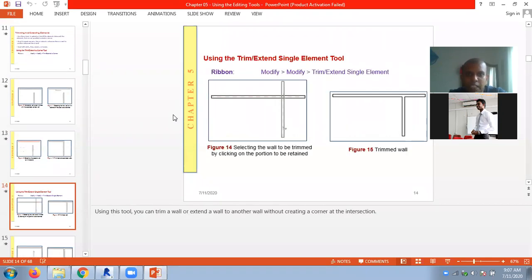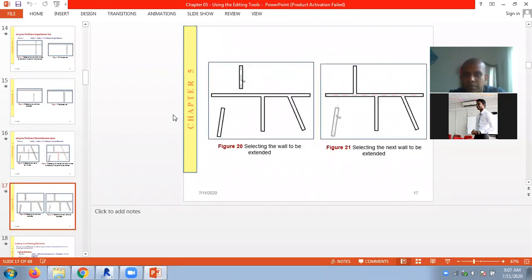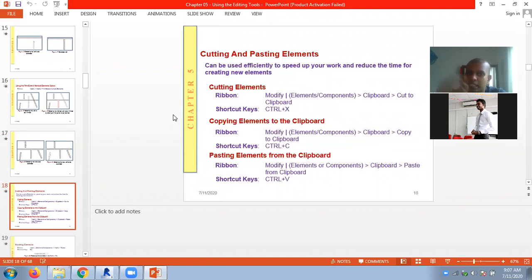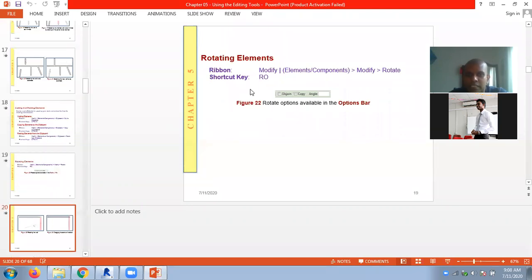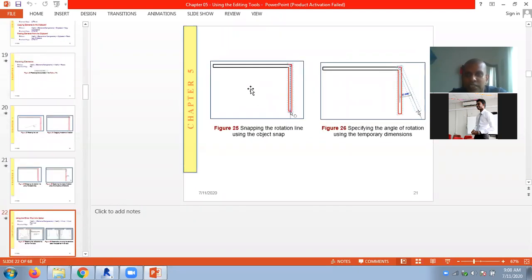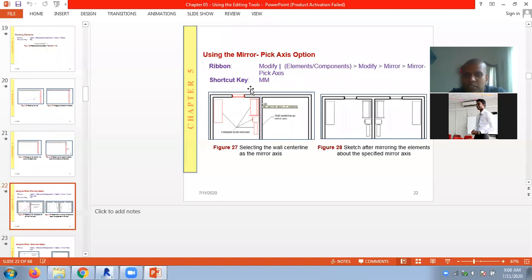Then we have, I think I didn't do this cut and paste in tools. So we'll look at this in detail later, how to use the cut paste tools and copy paste tools. And the rotate tool I think I have done. Then we have the mirror tool,